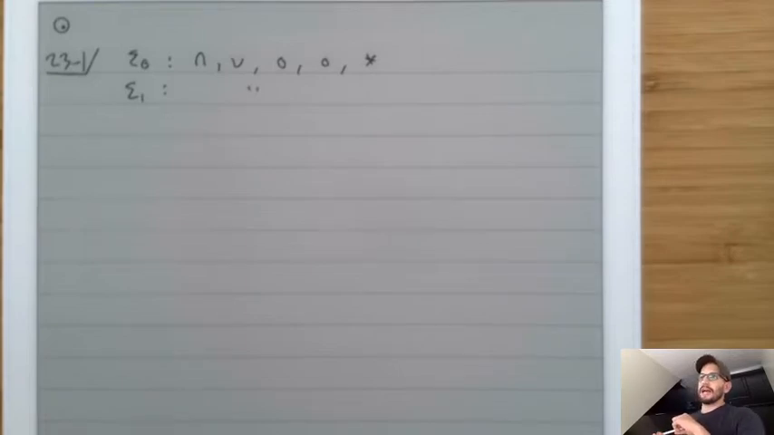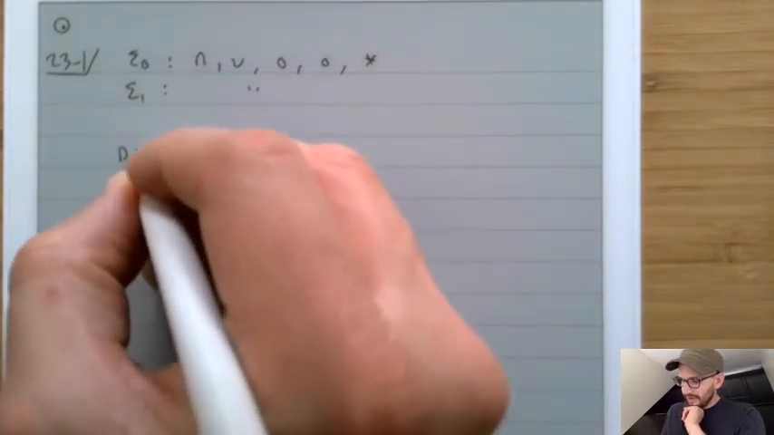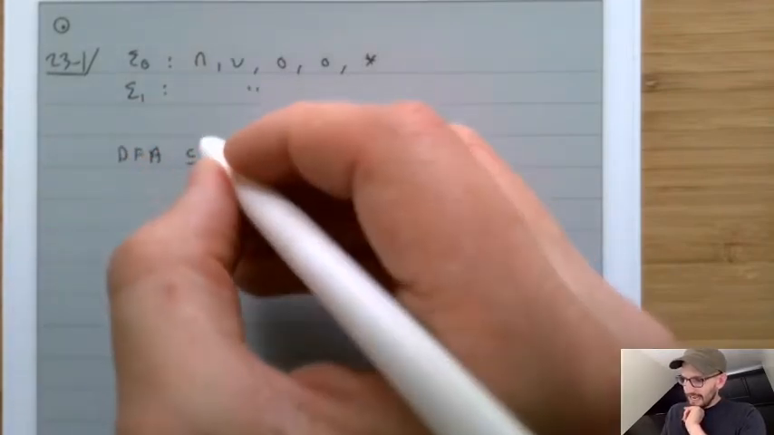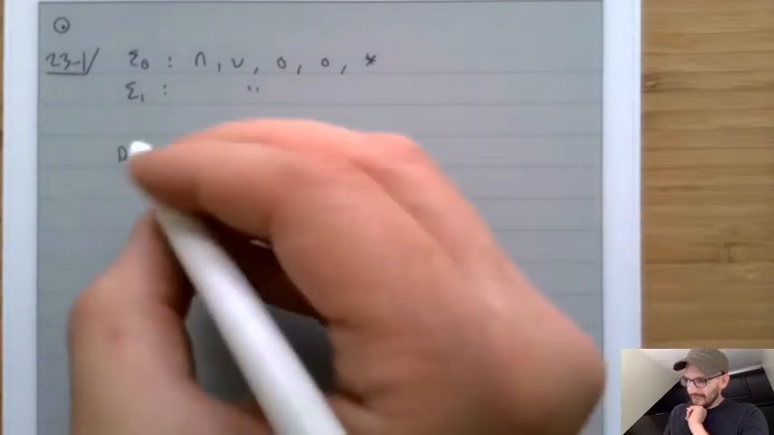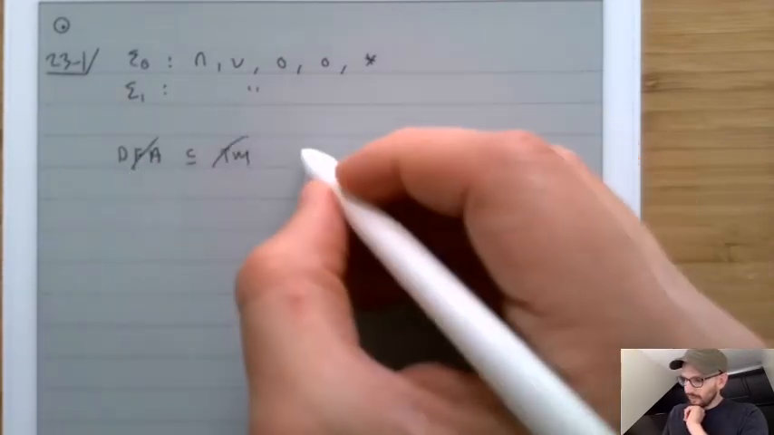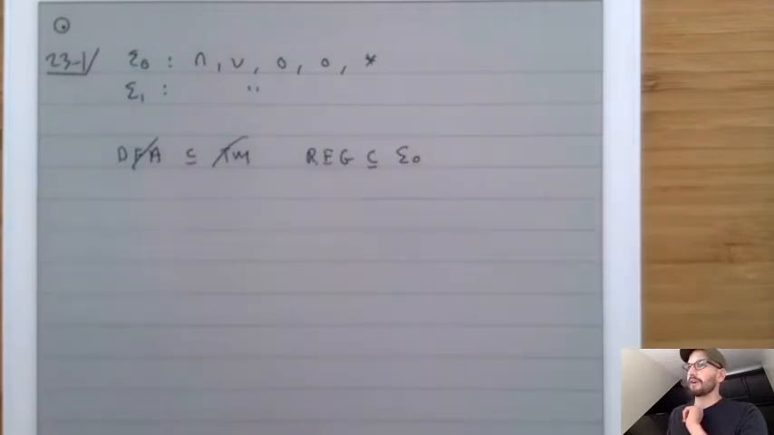We've also talked about how we can turn an individual DFA into a Turing machine. So we showed that DFA is inside of Turing machine. That's not really the right way to say this. What we really want to say is that the regular languages are inside of sigma 0, because